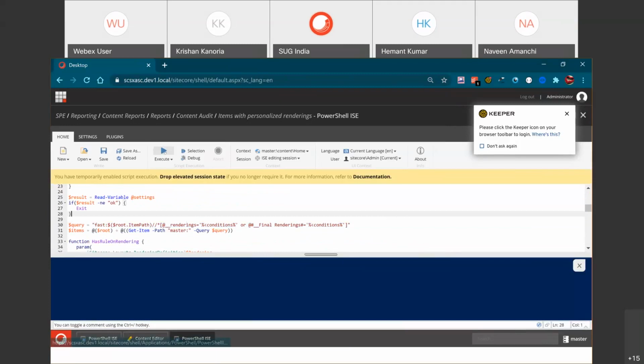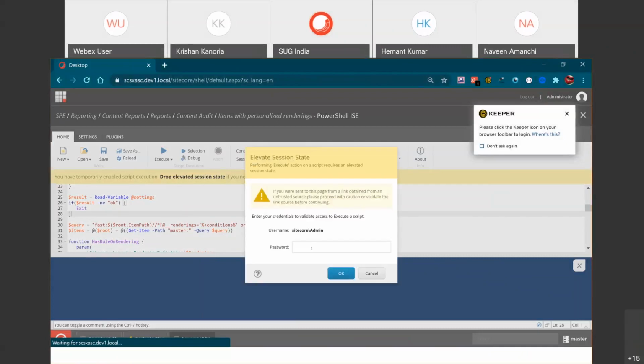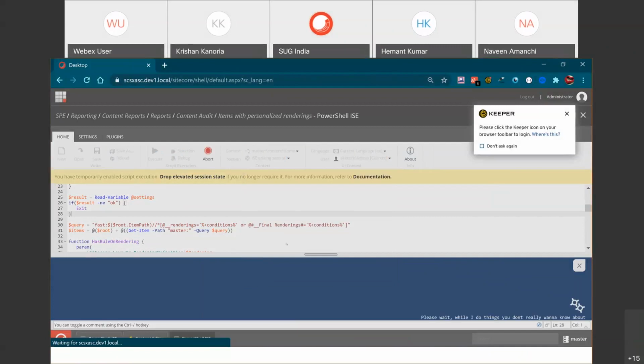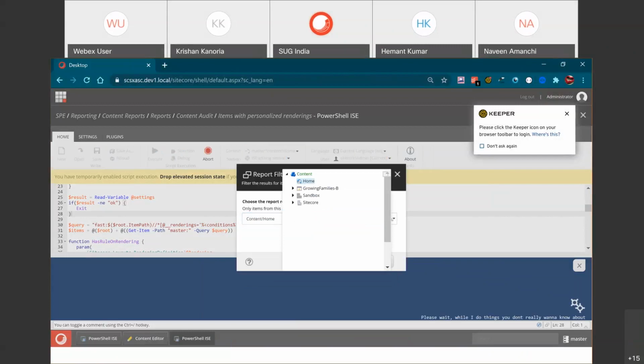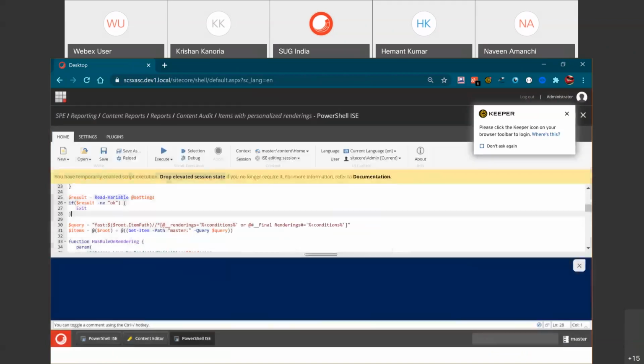If you have a lot of items and you don't want to go by the Sitecore API, like for example Get-Item, then you can always go by the Find-Item commandlet, which will actually read the indexes, not the database. So that flexibility is also there for you. Here you can specify what Sitecore instance you want to select. They have given a lot of flexibility and extensibility in this PowerShell Extensions module, and you can always leverage this to do the work.